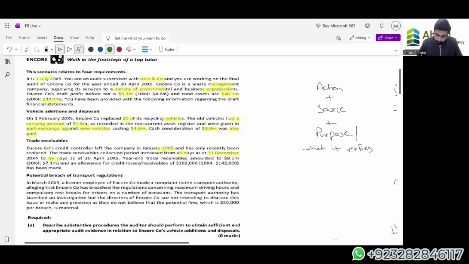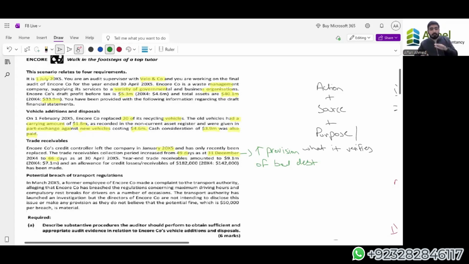Okay. Now, an increase in days means that our particular people are paying us on a later date. The longer the period that people take to pay, the higher the chances are they're not going to pay. So, increased provision of bad debt. Increased receivable period means people are going to take longer, so there's a higher chance they might not pay us. So we have to keep that in mind.